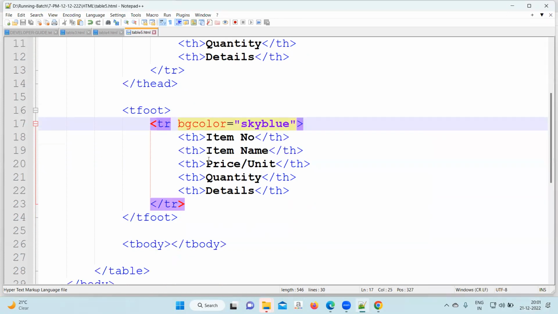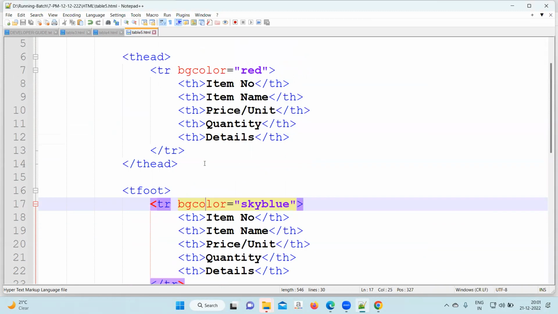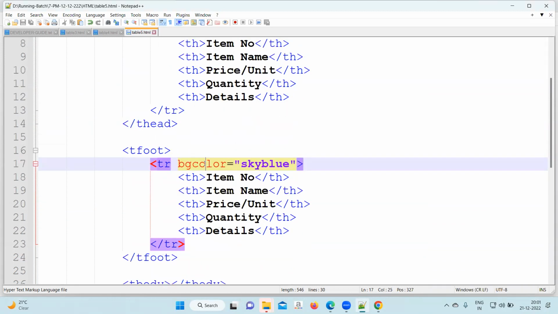Rotate sky blue as well as red. Write it. After that, we will